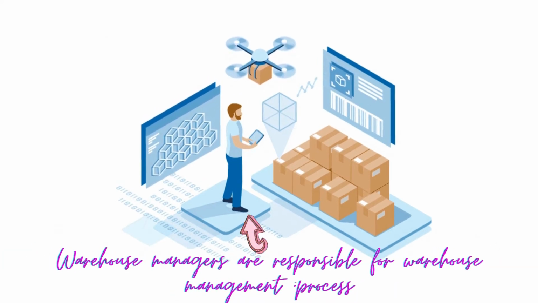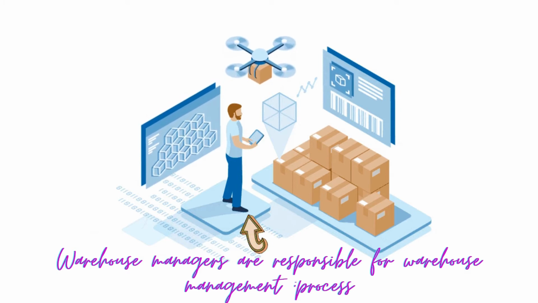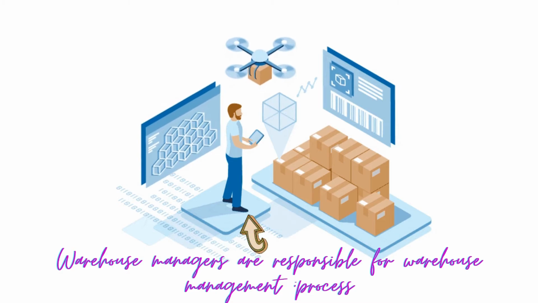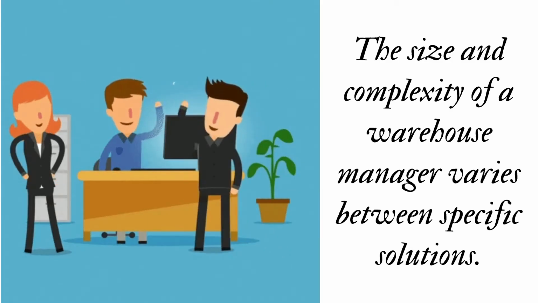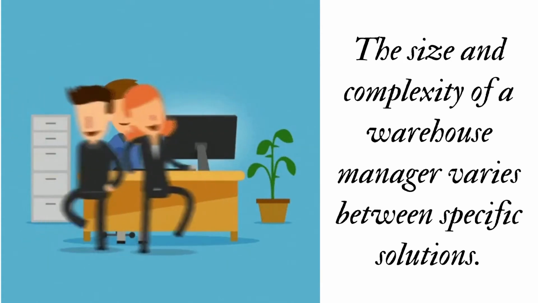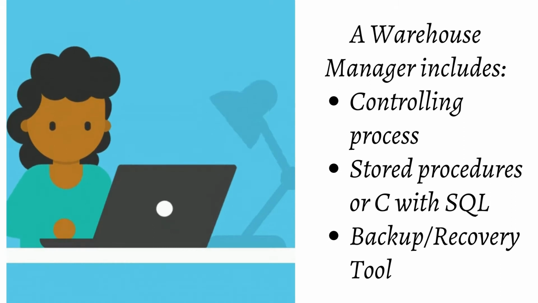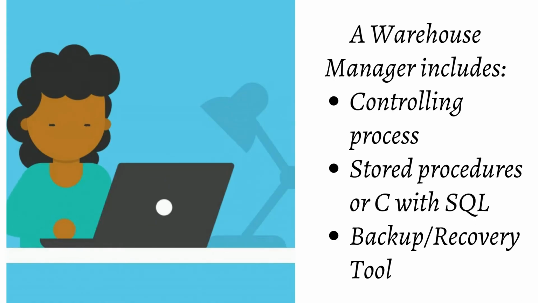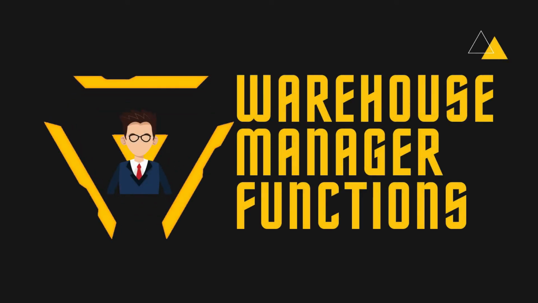The last component is the warehouse manager, which is responsible for the warehouse management process. It consists of third-party system software, C programs, and shell scripts. The size and complexity of a warehouse manager varies between specific solutions. A warehouse manager includes the following: the controlling process, the stored procedures or C with SQL, backup or recovery tool, and SQL scripts. Moreover, a warehouse manager performs the following functions: